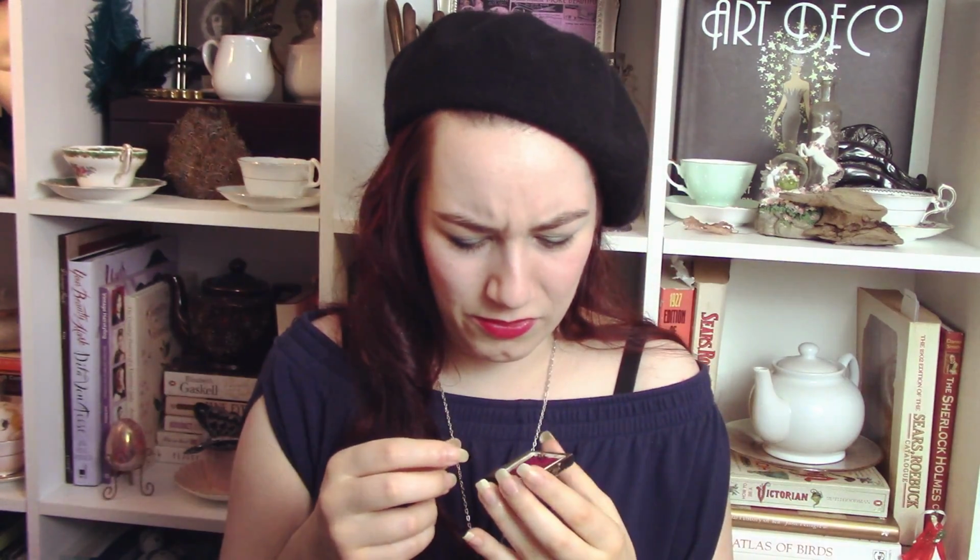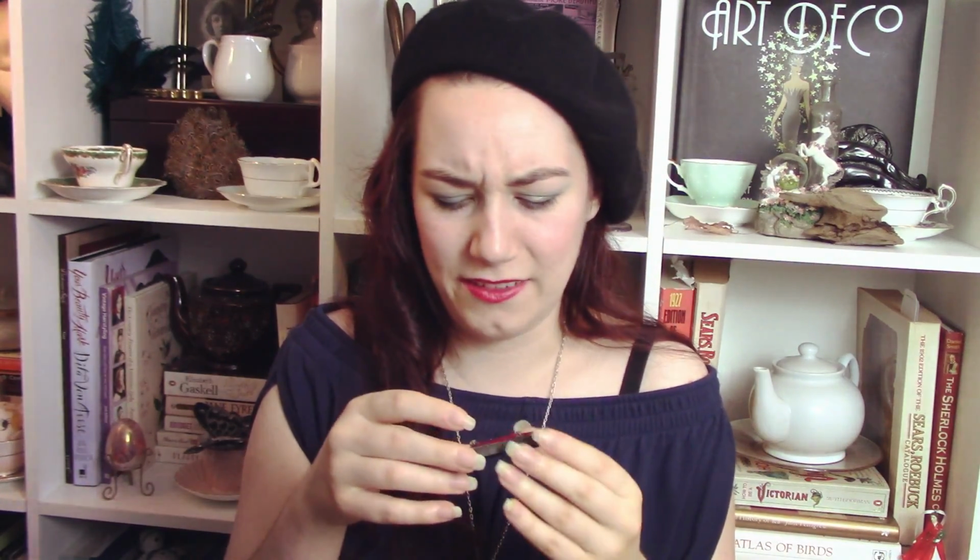Aren't these cool? I've never worn them. I don't know, something about wearing 100-year-old earrings kind of grosses me out. I feel like that's a good way to get an ear infection, but they're the sweetest little...